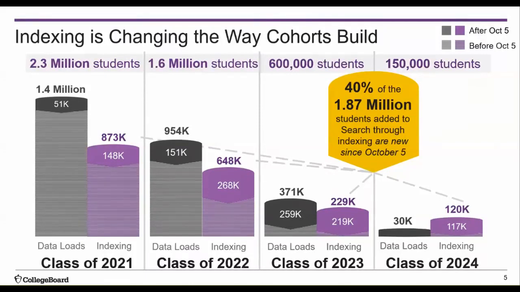So what does all this mean? It means that data load gain, while important, should not be the sole focus of your search efforts. Instead, get ahead of your competitors and order names every month so that you're always talking to students when they are new and most receptive to hearing from you. In other words, reach out to the students when they make themselves available in search instead of waiting until the next data load. And the final takeaway I'll leave you with is that despite all the challenges and interruptions of COVID, the search database is more than 4.6 million students strong, and we expect continued growth in the cohorts week over week.